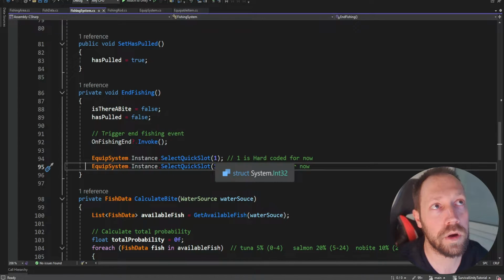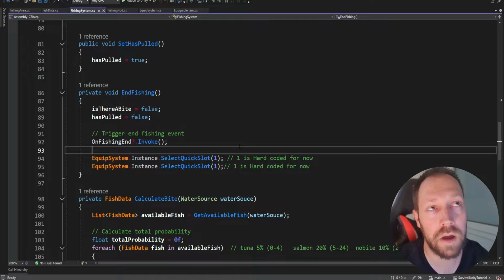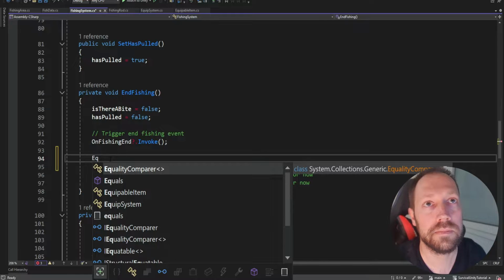But at the moment we're hard coding 1, which is the actual quick slot of our model, and this is just for debugging. But what if we don't know the quick slot? What if the rod will be in quick slot 5? We cannot just hard code it. So for this, we're going to do something very simple. We're going to access our equip system,